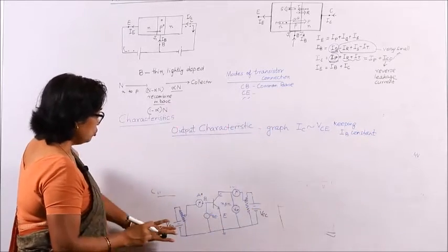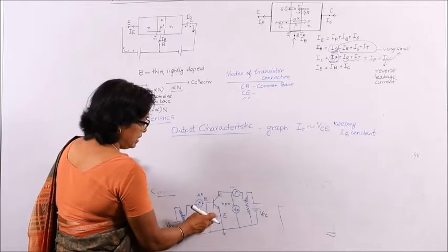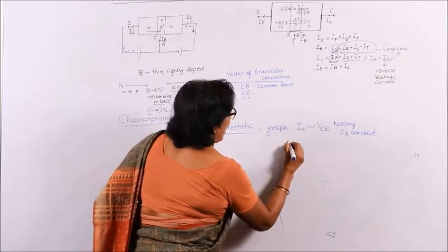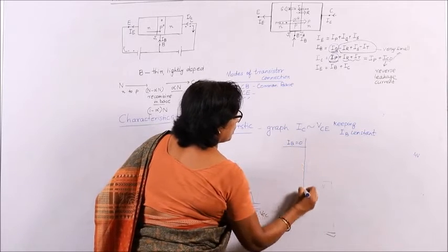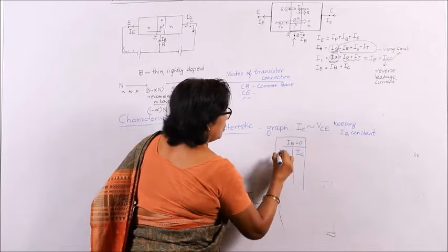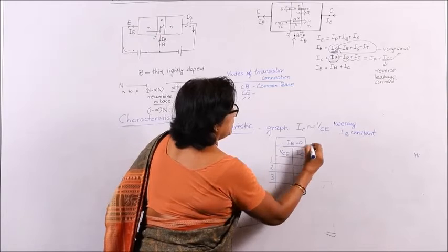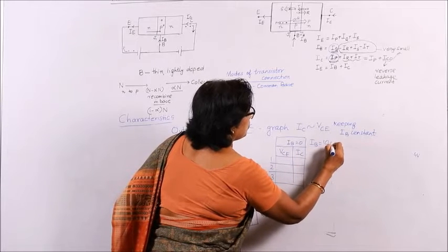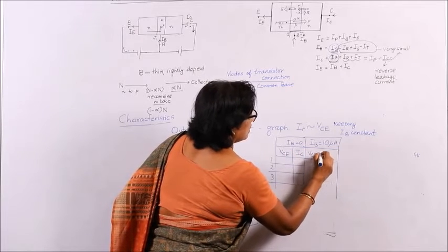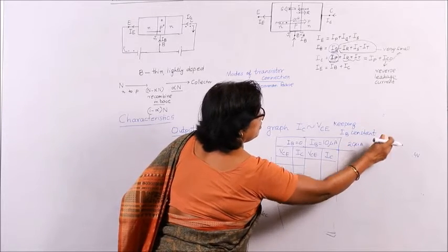So, what we do is, to start with, let us say base current is 0. So, you adjust the base emitter voltage so that this reading shows you 0. So, for IB equal to 0, change collector emitter voltage, measure collector current. 1, 2, 3, like this you take readings. Then change base current to, let us say, 10 microampere. Again take the same VCE versus IC. You repeat this for another 20 microampere, 40, 50, 60 like that.